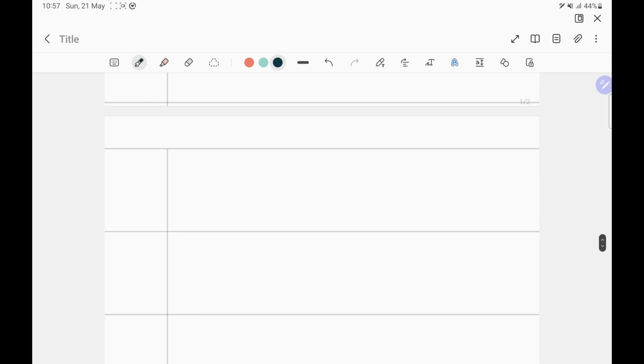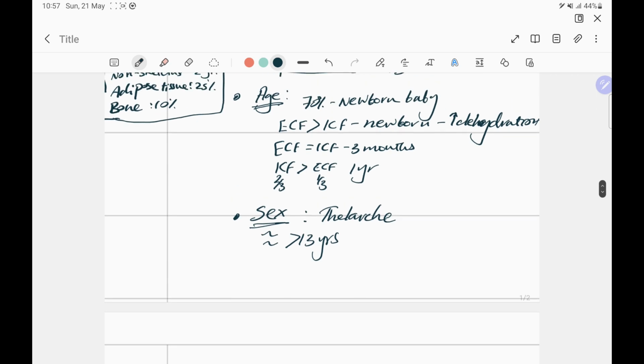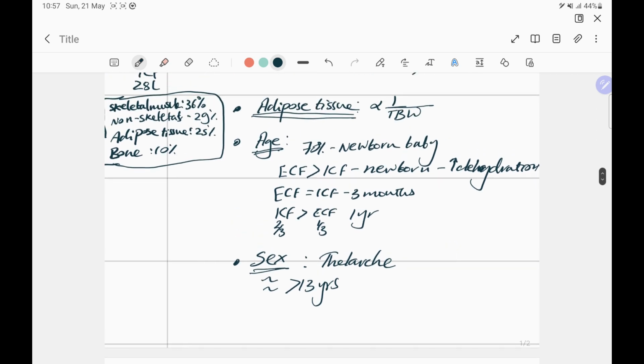Now, there are some other important facts I'd like to emphasize. These transcellular fluid compartments include the pleura, the pericardium, and the peritoneum. Let's talk about this. The pleural fluid is around 10 to 20 ml of fluid that exists between your pleural lining. Your lungs are covered by pleura. There are two layers, the visceral layer and the parietal layer, and you have 10 to 20 ml of fluid that acts as a lubricant and prevents too much friction from heating up your internal organs.